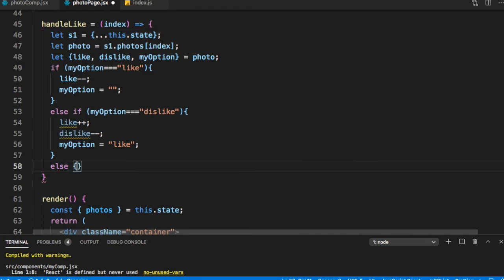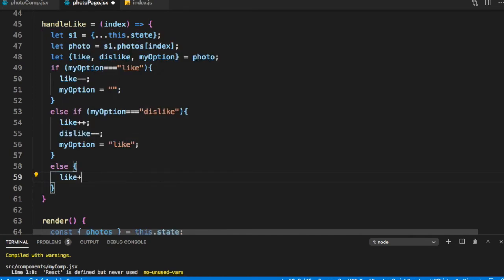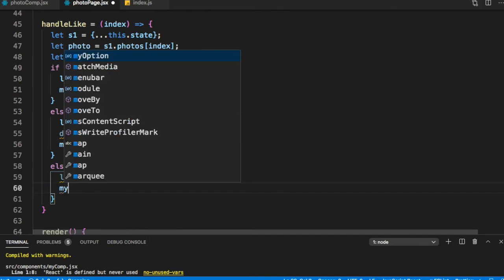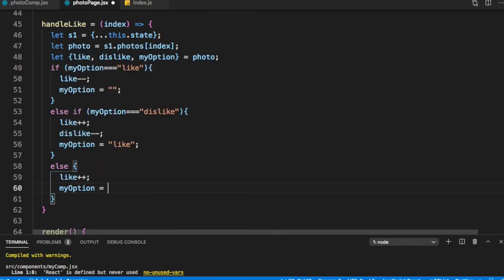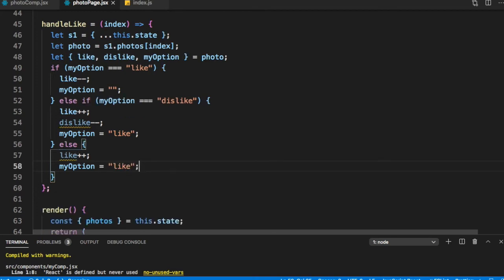Else if I had neither liked or disliked it, then my like goes plus plus and my option becomes equal to like. So these are our three cases, that my option could have been like, my option could have been dislike, or my option could have been nothing.